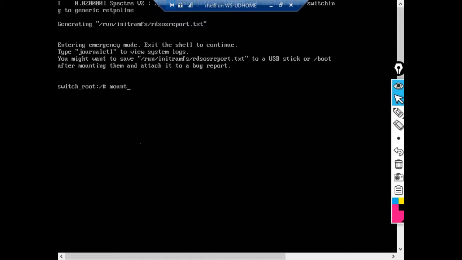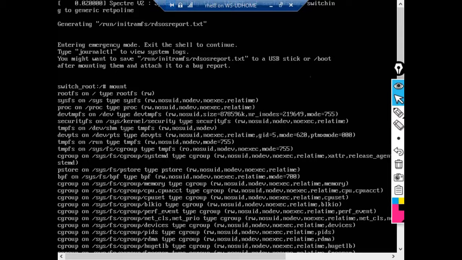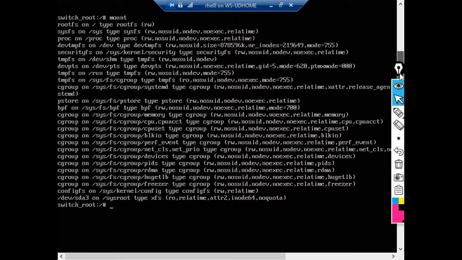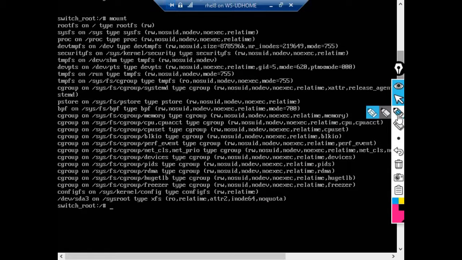Here the file system will be loaded, as you can see in the last line, and you can observe the file system, that is /sysroot, and it is mounted as RO. RO means read only, but when you have a read only file system, you cannot update things. So what we have to do is change the RO into RW. So for that, I'll click on yes,